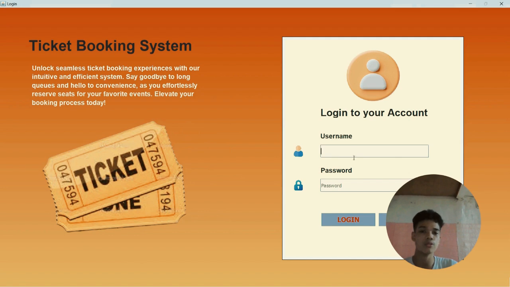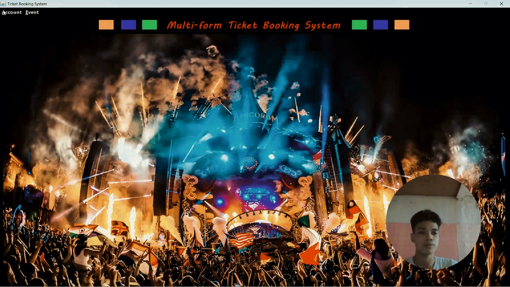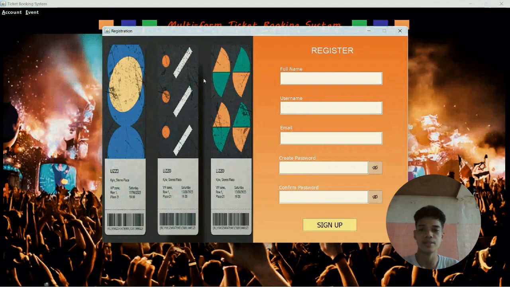But if a customer wants to log in and book a ticket, the user will first be directed to our register. So I'm going to register first. Okay, so you can see this is our registration frame.